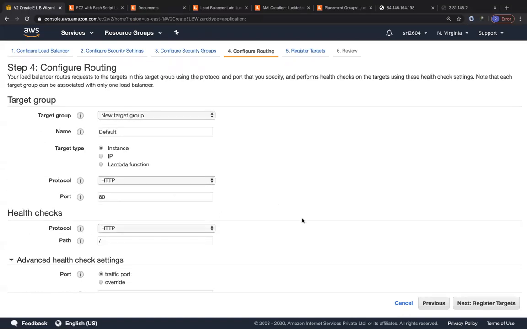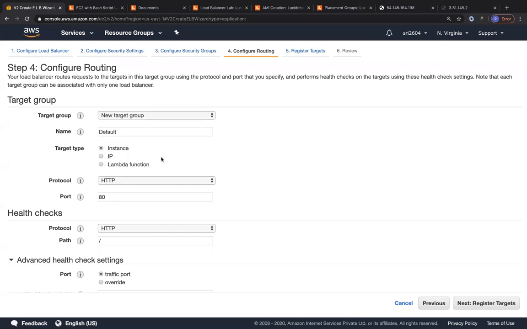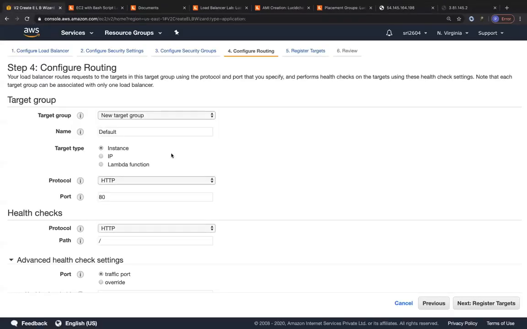Always remember one crucial point over here, just for your lab to work. If your EC2 instances are on HTTP and port 80, your load balancer should be on listener protocol HTTP and port 80. Your target group should be on HTTP and port 80. Your health check should be on HTTP and port 80. Got the idea? Everything should match, but just for this particular lab. When it comes to HTTPS, that's a totally different story. But for right now, when you're doing your labs, always remember your instance is on HTTP port 80, your load balancer is on HTTP port 80, your target group is on HTTP port 80, and your health check is on HTTP port 80. All of these have to be the same for your lab to work.